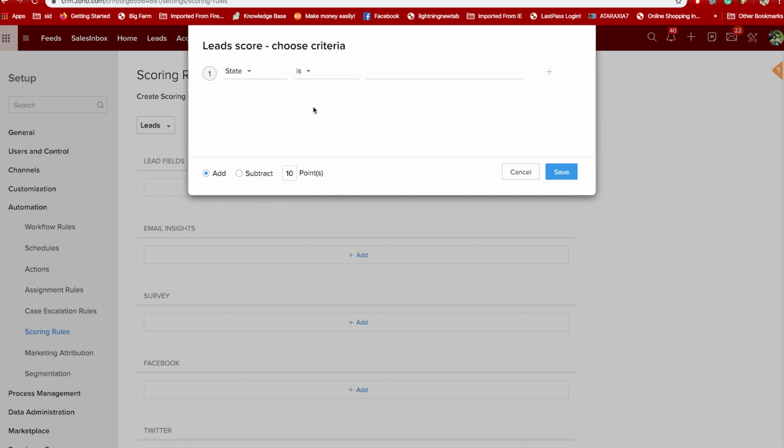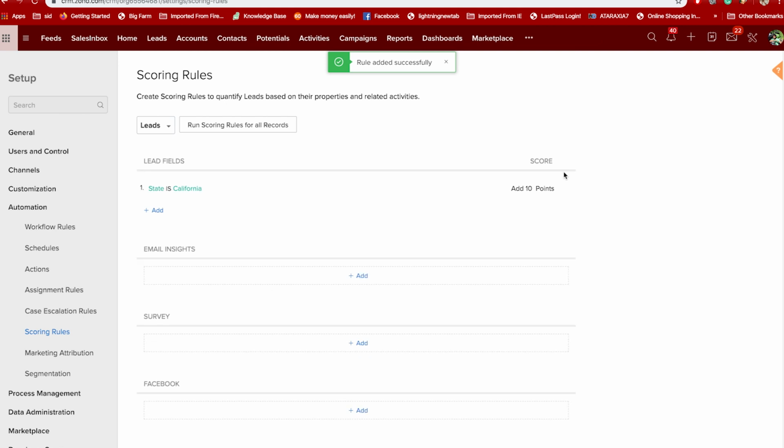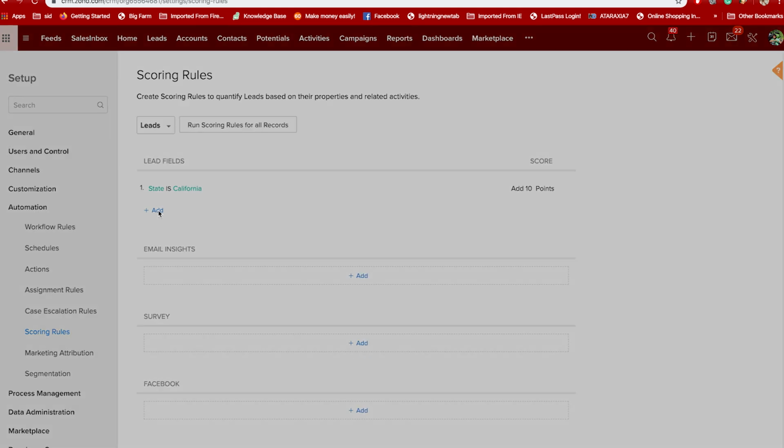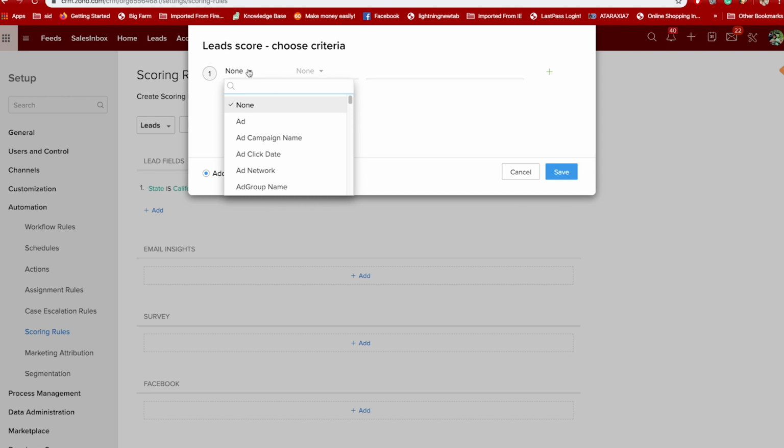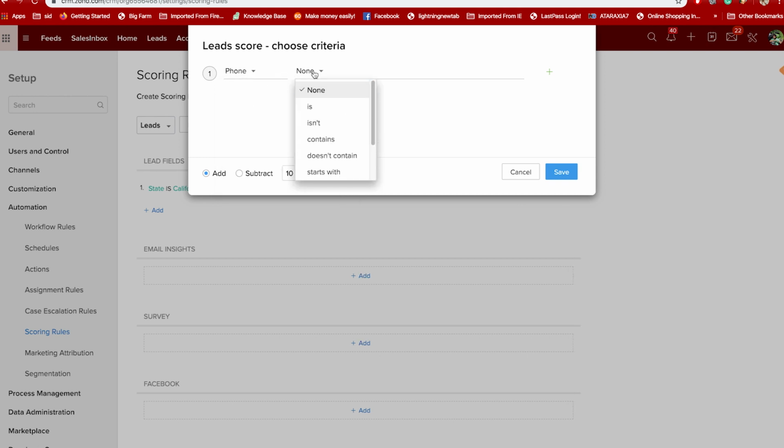I'm going to select my state is California, which I'll explain later, where I'm adding 10 points. I'm choosing to add 10 points instead of subtracting. If my phone number is not empty, I'm going to add another 10 points.